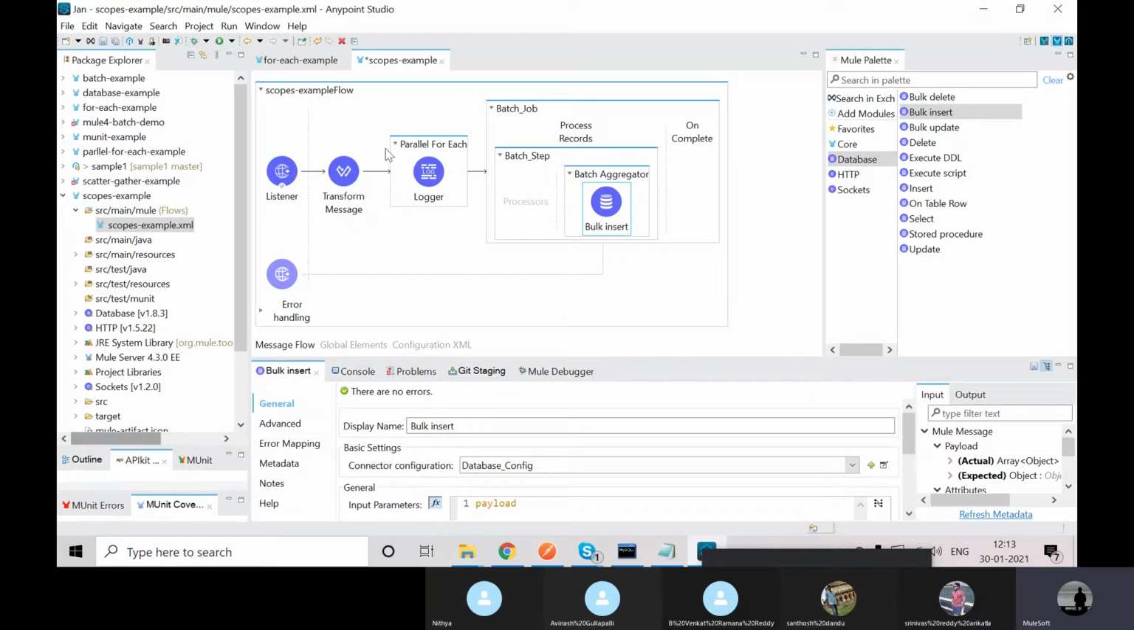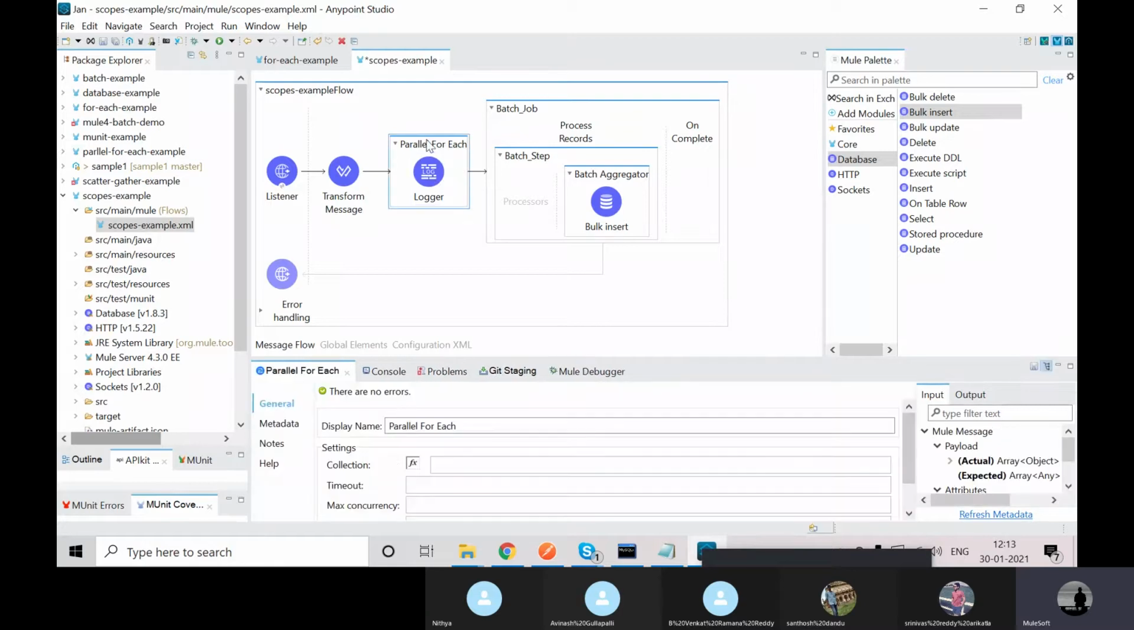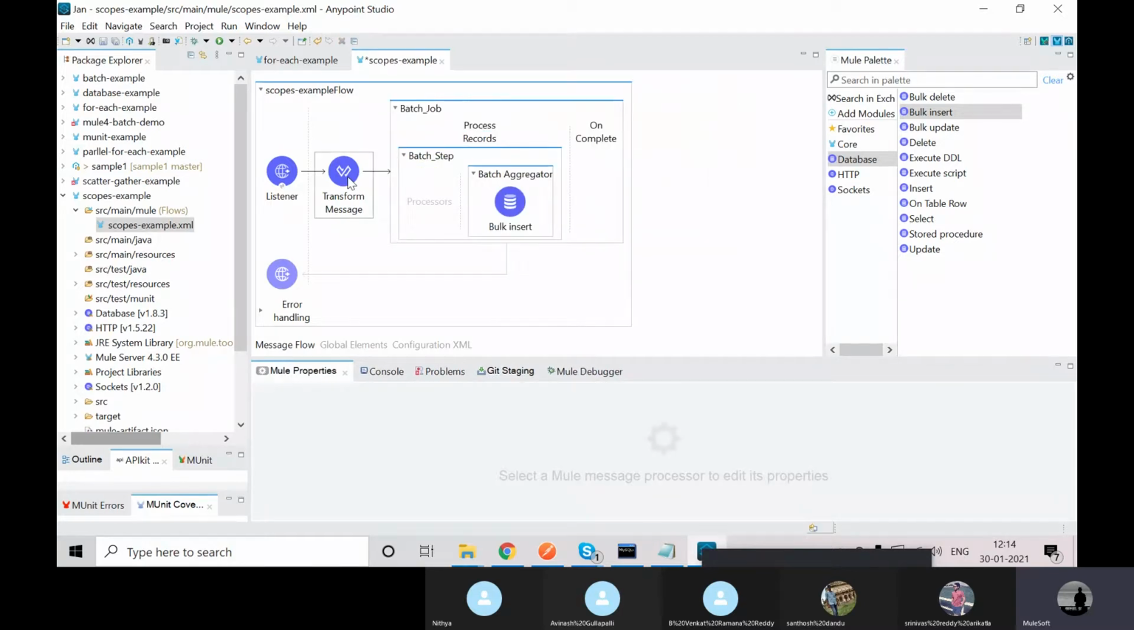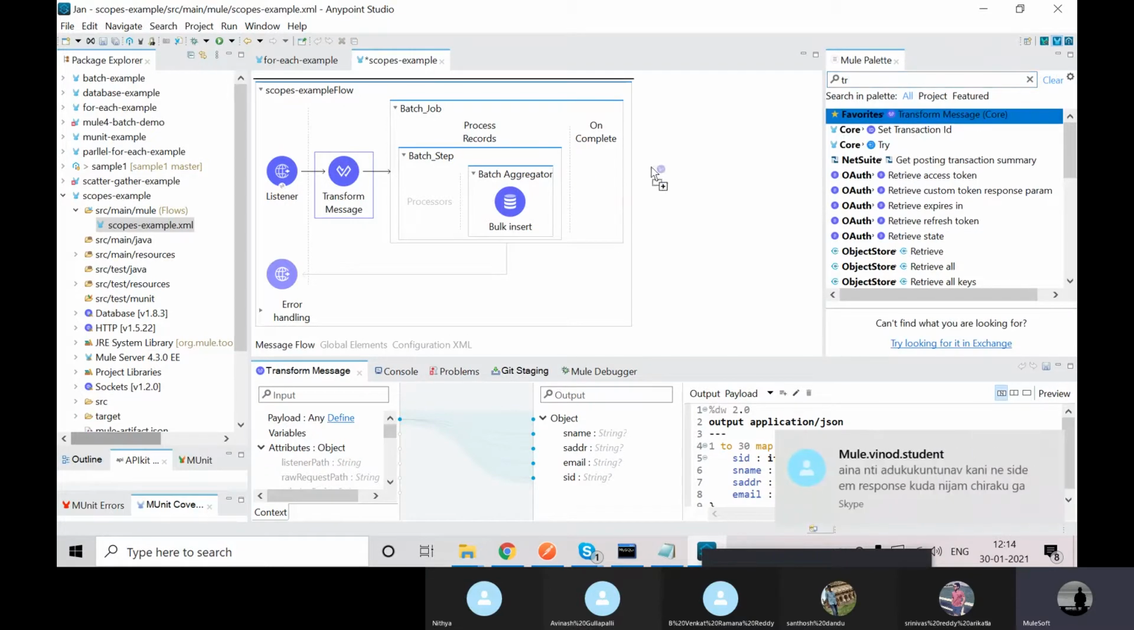This parallel for each is not required, so I'll delete it. Now I'm getting 30 records and processing them as 3 records at a time into the database, so I'm inserting my details. In the same way, I'll show you what the on complete phase does. In the transform message I'll keep one